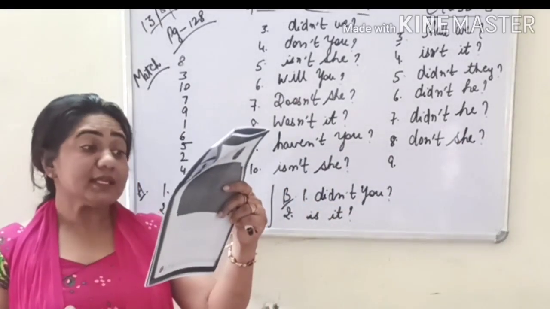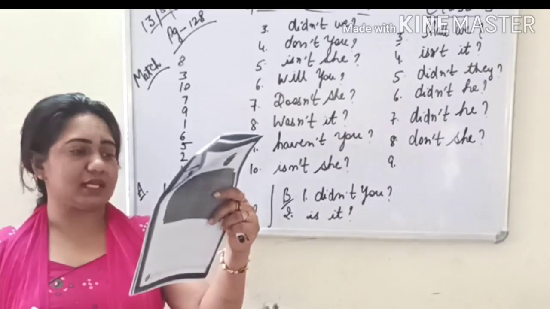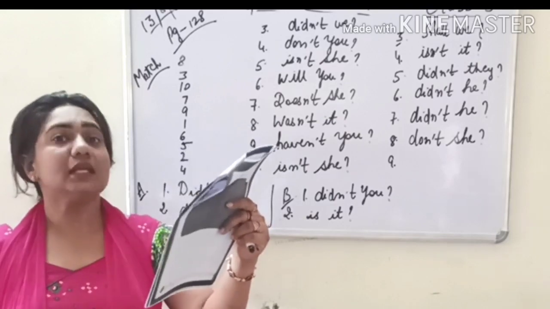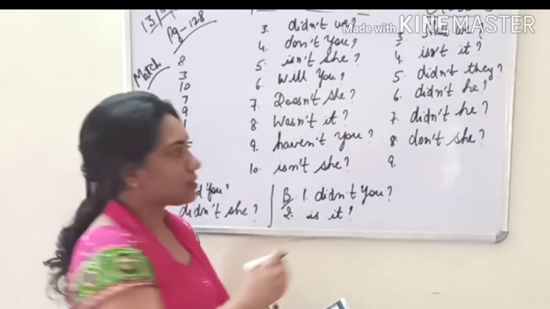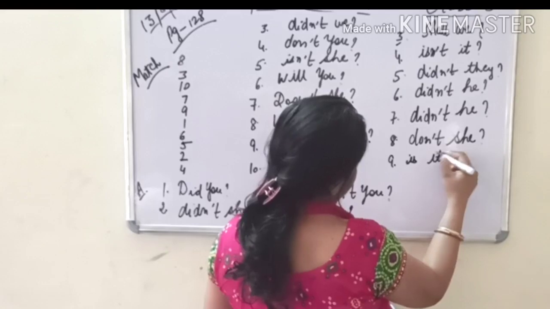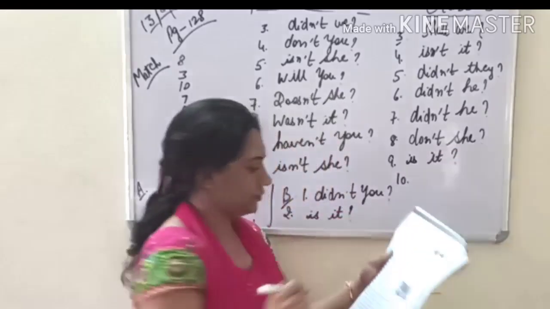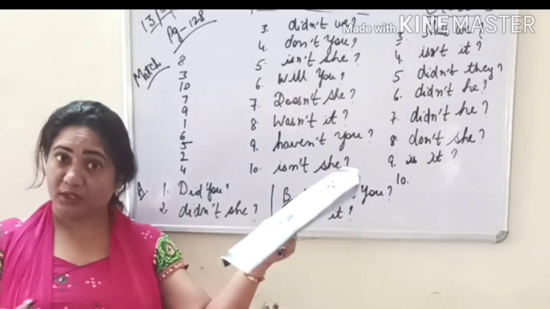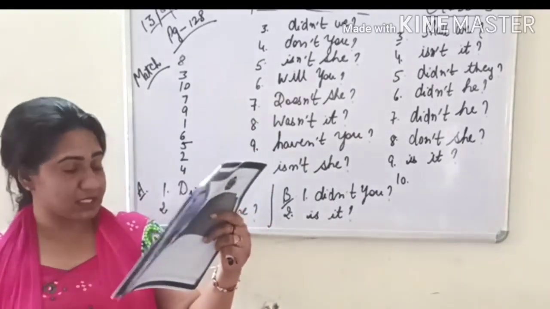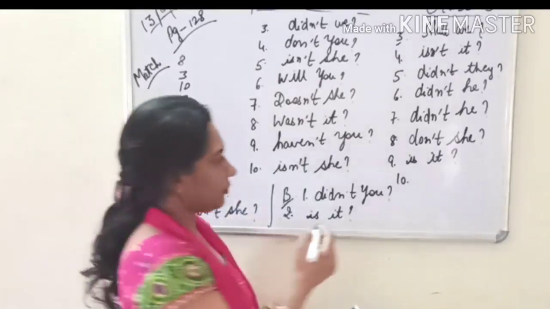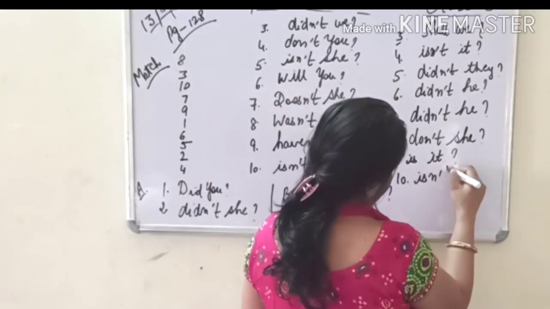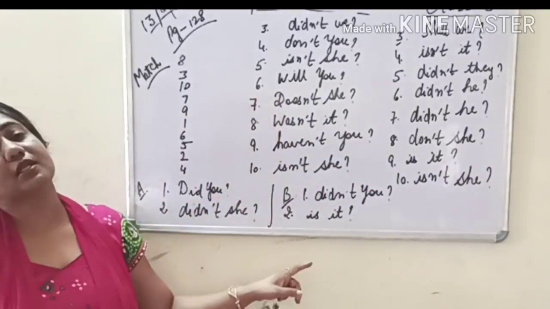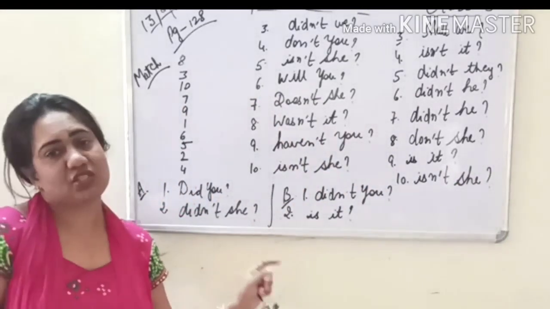Okay. The wedding is not in December. Now negative sentence is there and the helping verb is there, so we will make it positive. For wedding we will use it. So is it? Positive question tag. Last one, she is wearing her mother's dress. Positive with the helping verb, so we will make it negative. Isn't she? Okay. I hope you have understood. So this way we need to complete the question tags.